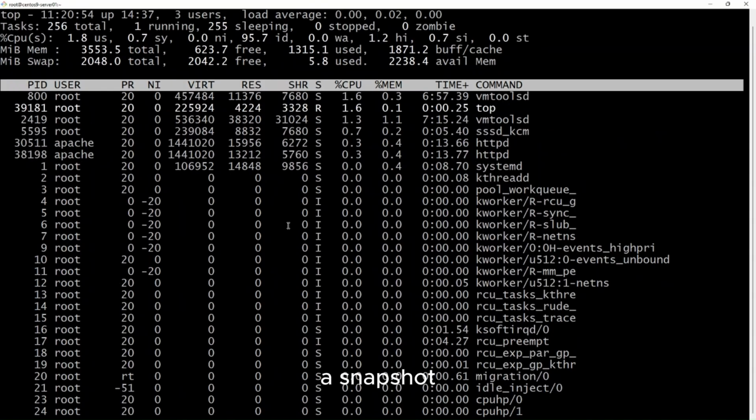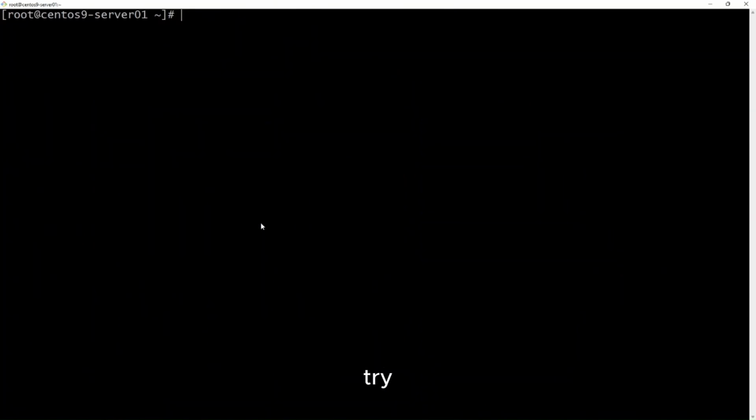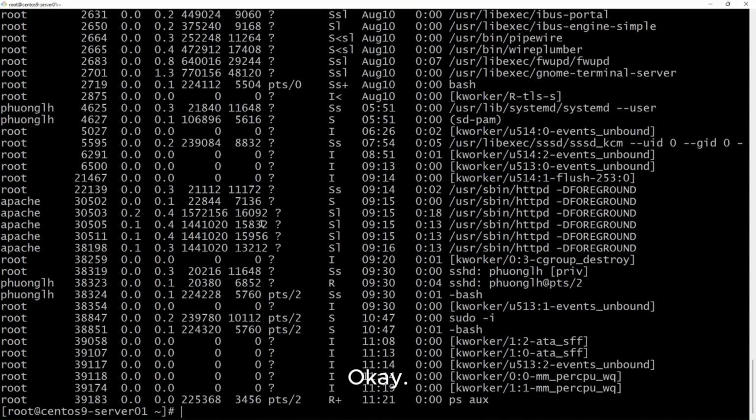If you want a snapshot of all running processes, try ps aux.